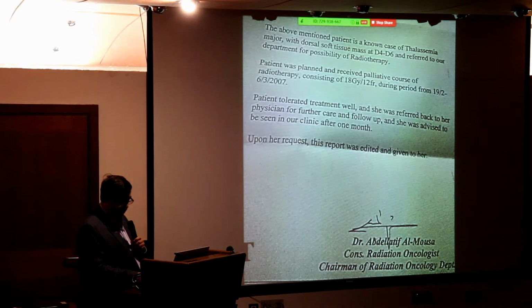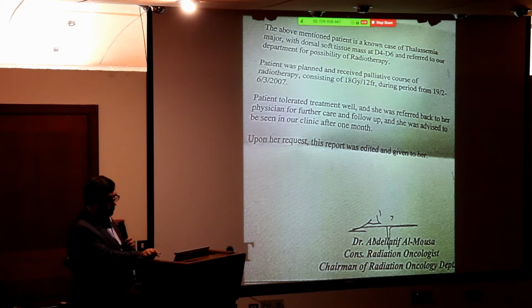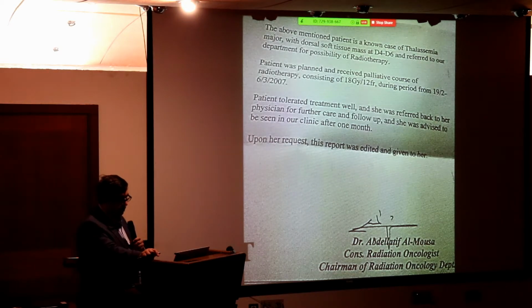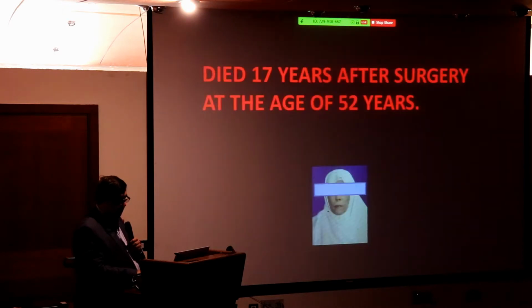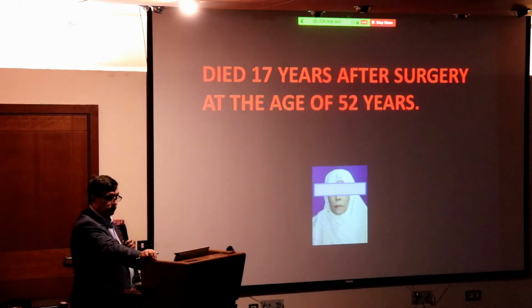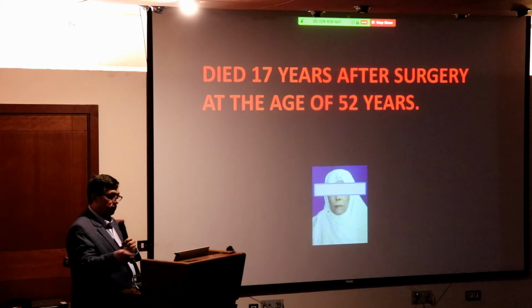This is the report from Dr. Abdulatif Al-Musa at King Hussein Cancer Center: the above-mentioned patient, a case of thalassemia major with dorsal soft tissue mass, received a palliative course of radiotherapy, 18 grays over 12 fractions, during 19-2 to 6-3-2007. Patient tolerated treatment well. We followed her up for 12 years, to 2012, and she was still anemic, of course. She died 17 years later, in 2017. She was 52 years of age at the time of her death because she succumbed to her disease, which is